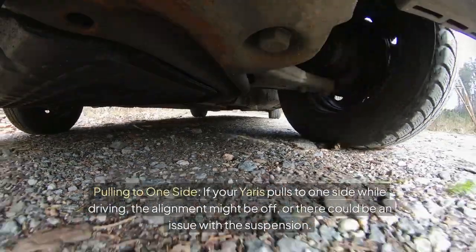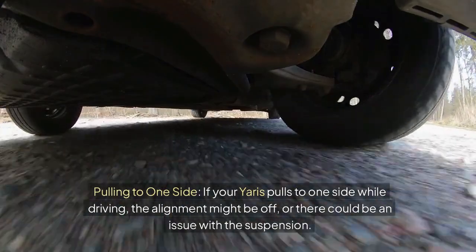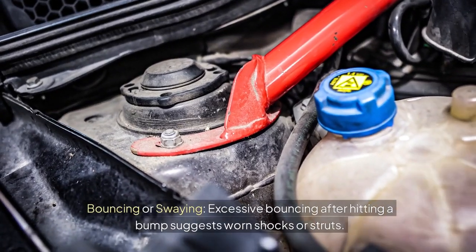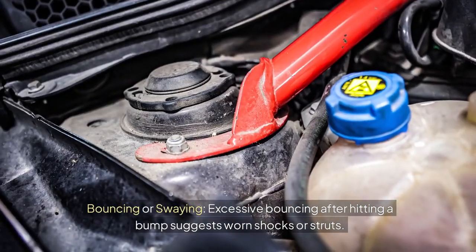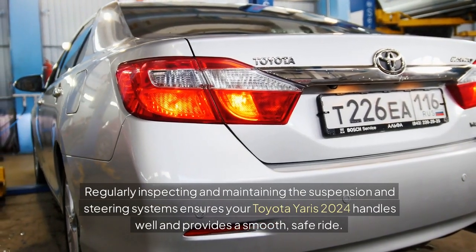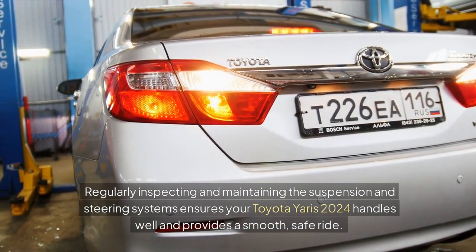Pulling to one side. If your Yaris pulls to one side while driving, the alignment might be off, or there could be an issue with the suspension. Bouncing or swaying. Excessive bouncing after hitting a bump suggests worn shocks or struts. Regularly inspecting and maintaining the suspension and steering systems ensures your Toyota Yaris 2024 handles well and provides a smooth,